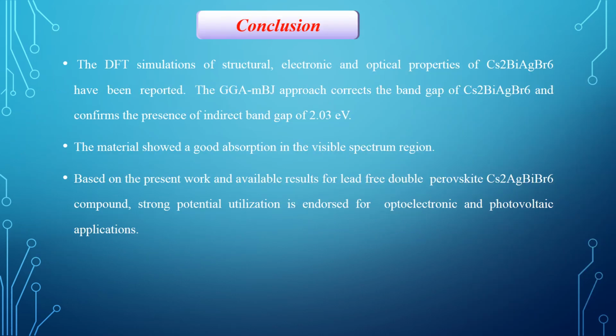The DFT simulations of structural, electronic and optical properties of double perovskite have been reported. The GGA-mBJ approach corrects the band gap of double perovskite and confirms the presence of an indirect band gap of 2.03 electron volt. The material showed good absorption in the visible spectrum region. Based on the present work and available results for lead-free double perovskite compounds, strong potential utilization is endorsed for optoelectronic and